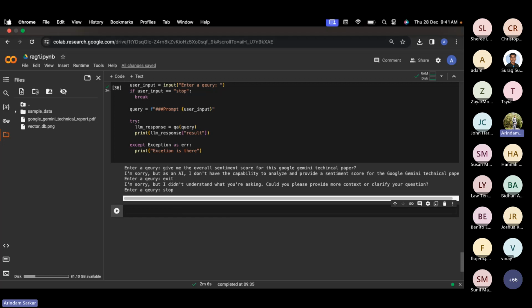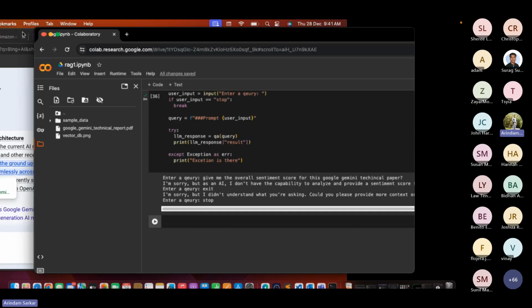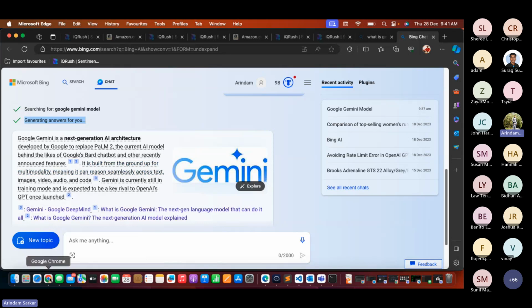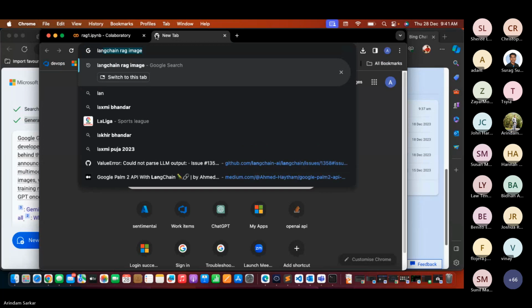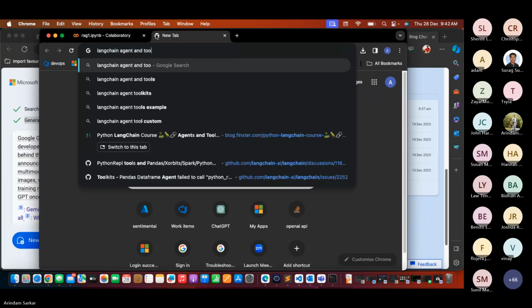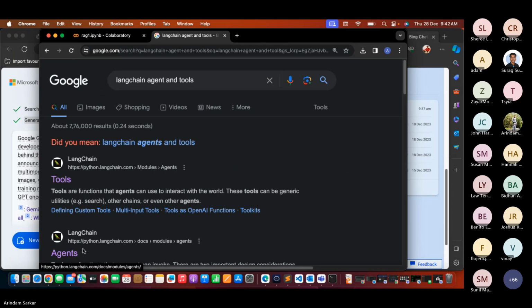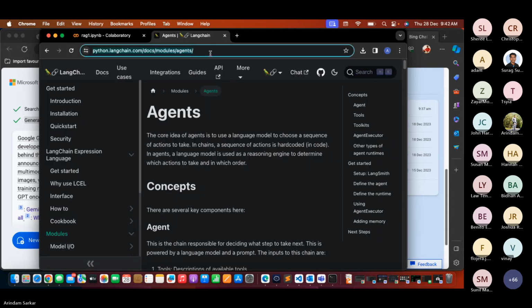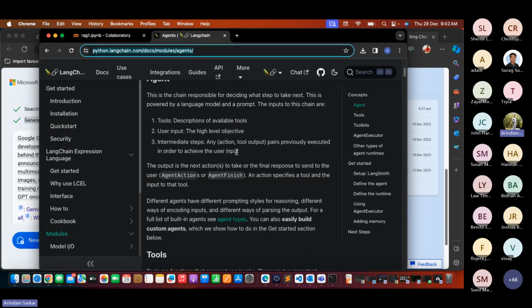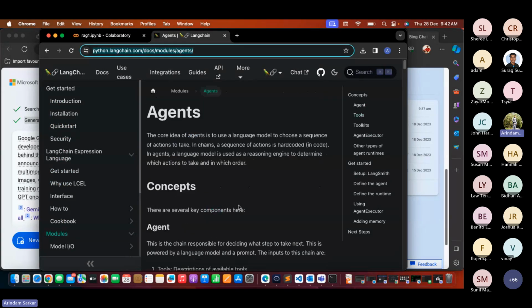Let me copy paste a few of the things in the chat as well, so that everybody can see. These are a few documents I want you guys to walk through.